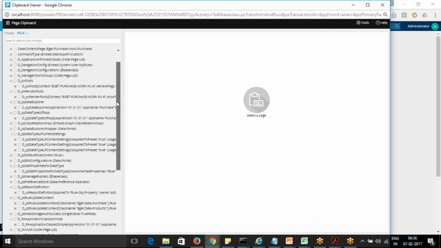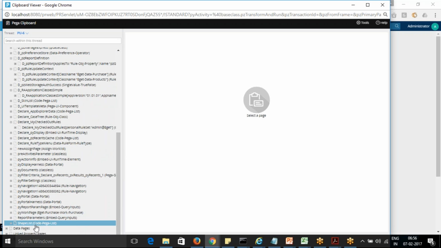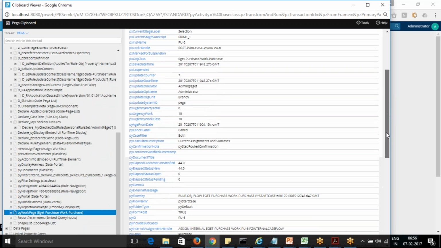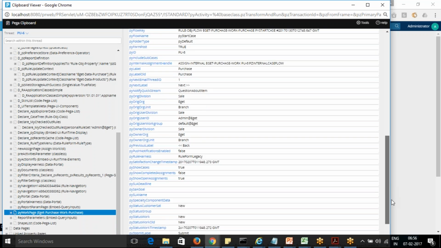Okay, this is the PU6. Within that, you have a PY work page. This will give you the complete information about your case. All the case related fields you define will be in the PY work page.